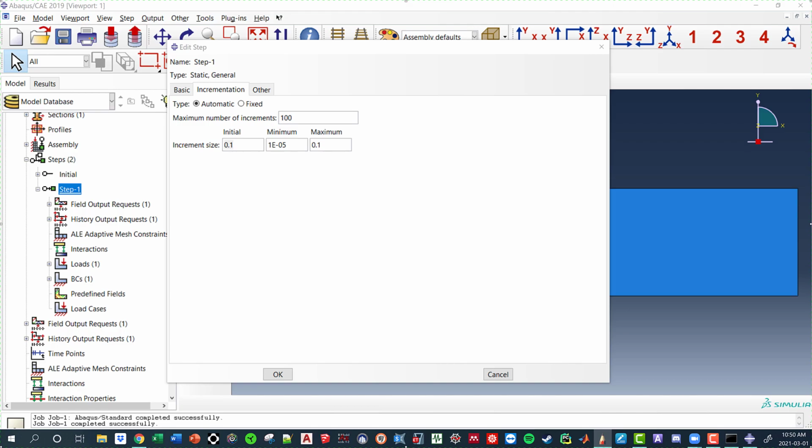So in both cases, we set our time equal to 1, and we put our step size equal to 0.01. So what this means is that if we're looking at this, our load increment is always going to be 10%.